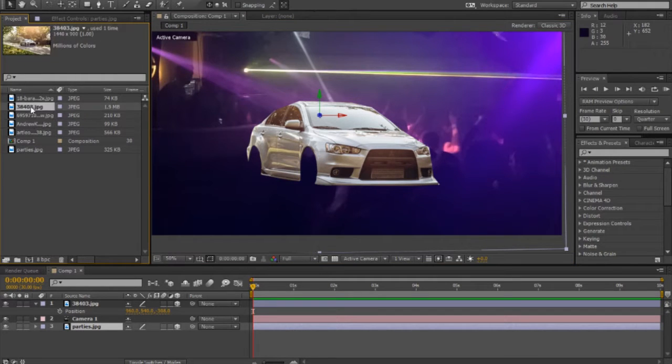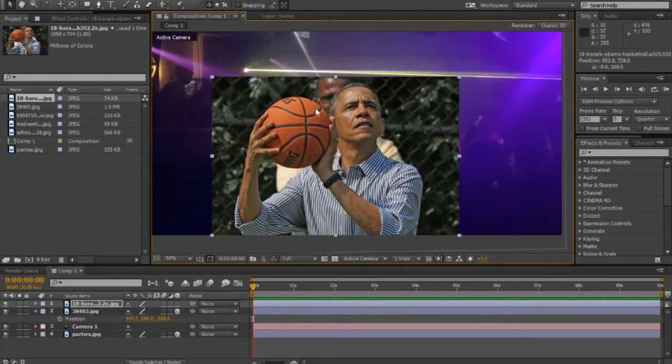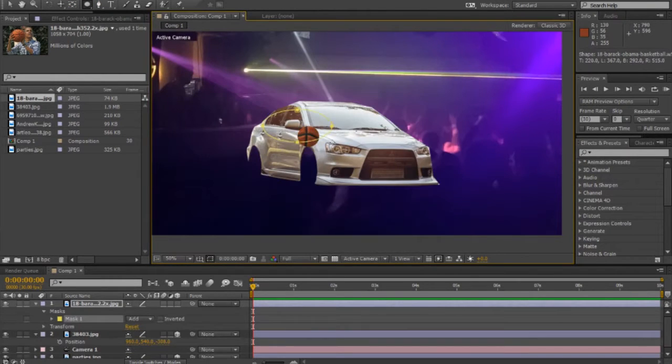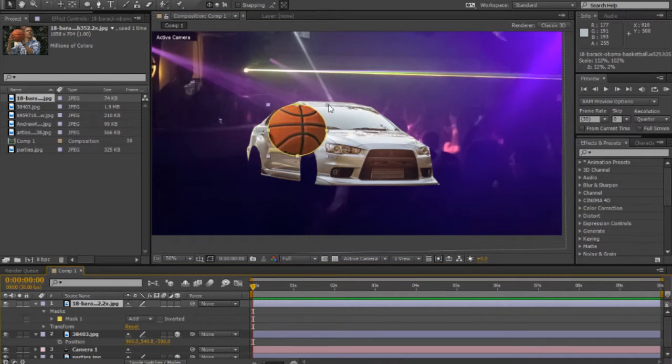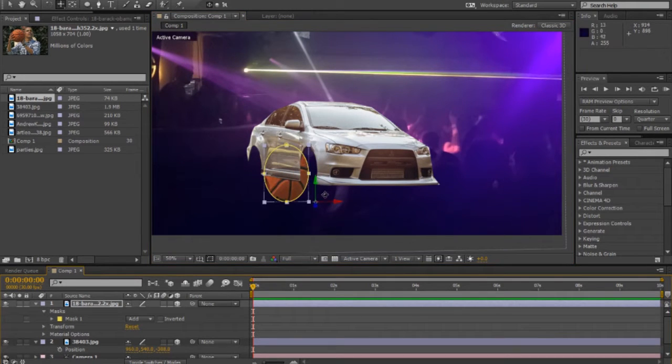So what we're gonna do is we have a nice picture right here of a good tire. We're gonna want to, that's looking good. Now we're gonna want to fit it in there. We're gonna actually want this a 3D layer as well, and we're gonna have to align that with the wheel